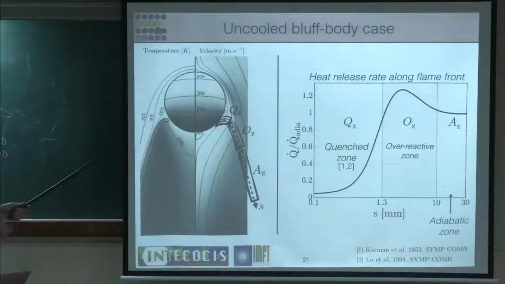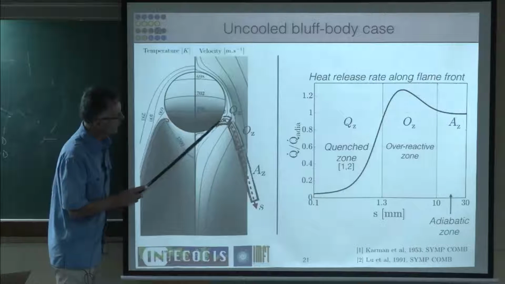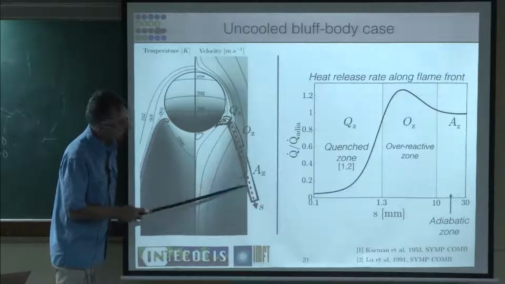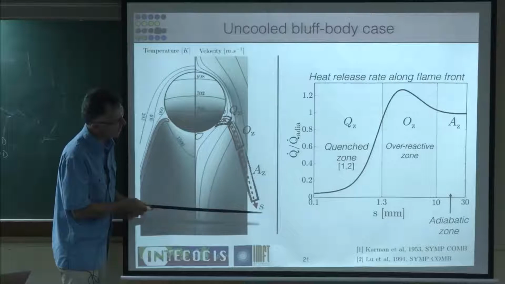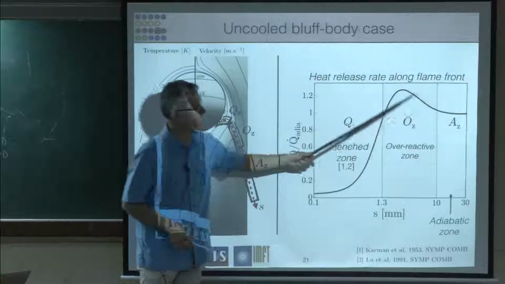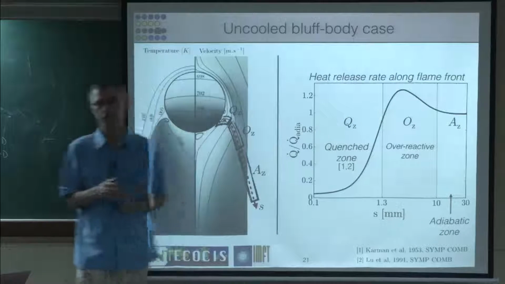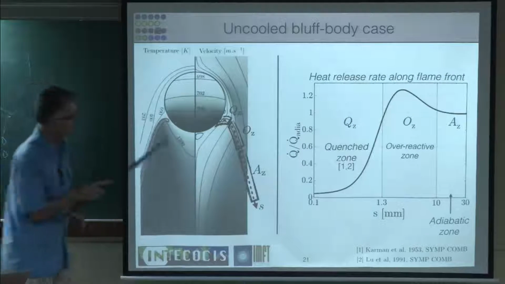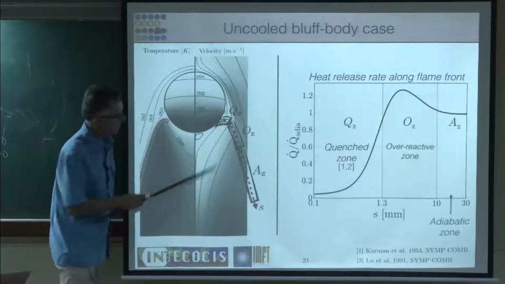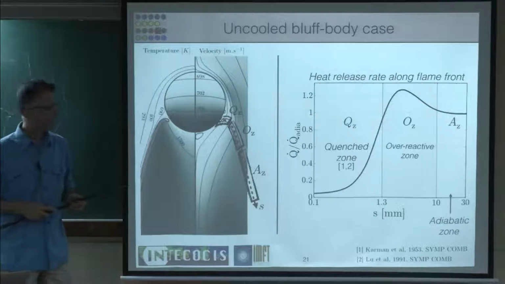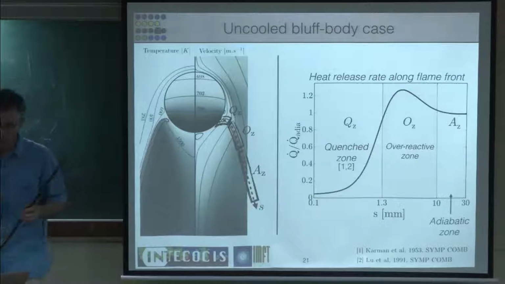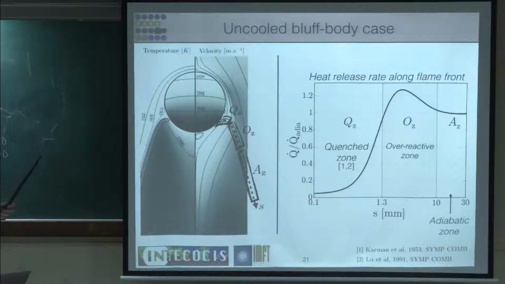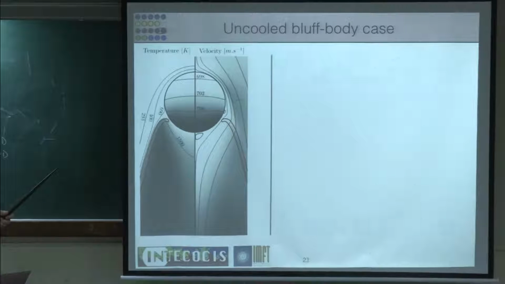So again here, if you look at the temperature profiles along a line here, which is the flame, you have a quench zone, which is very small. You have an adiabatic zone here. And here you have an interesting zone when it burns more than the adiabatic flame. You see this zone here, it's actually more intense than an adiabatic flame. So it's really telling you that there are some things happening in these zones which cannot be predicted with an adiabatic formulation.